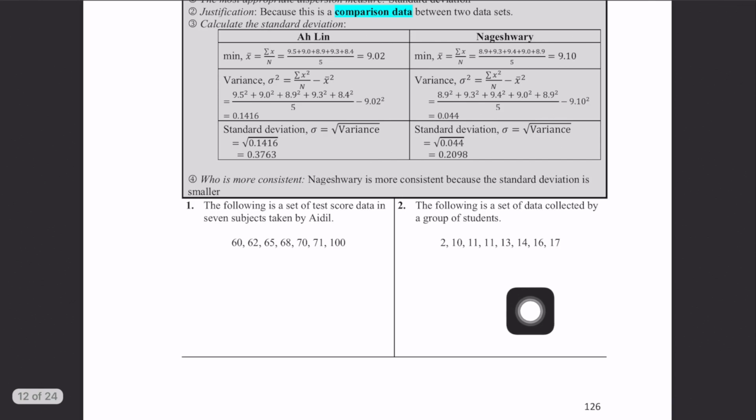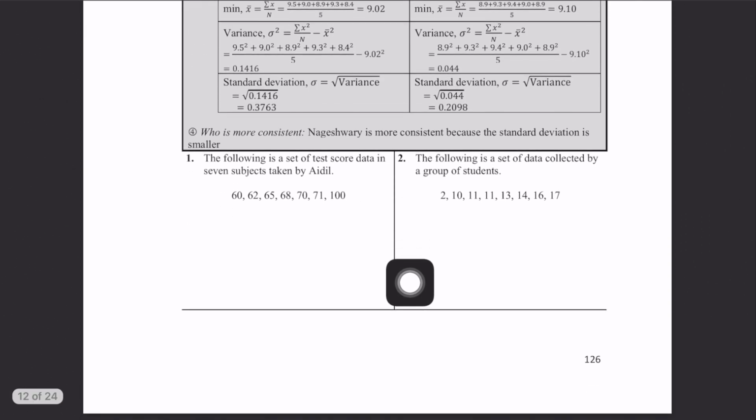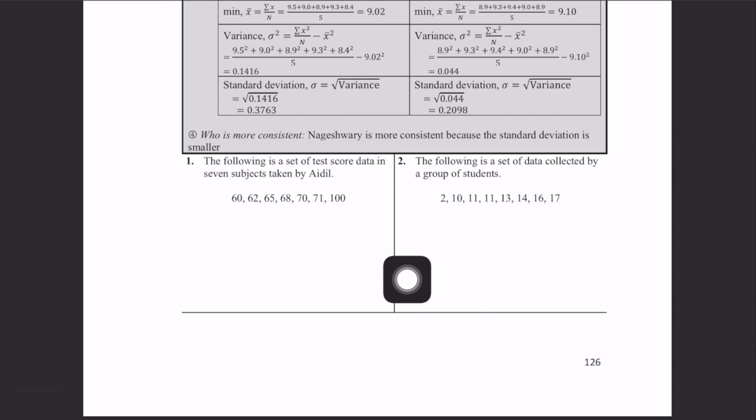Now let's look at the first question. The following is a set of test score data in 7 subjects taken by Ideal. The question wants us to state whether to use the interquartile range or standard deviation. Over here we can see it only involves one set of data, so we can use the interquartile range. Plus there is an extreme value over here. The other numbers are almost the same, but suddenly there is